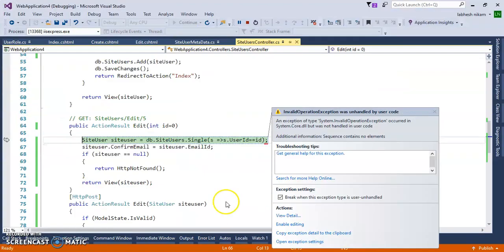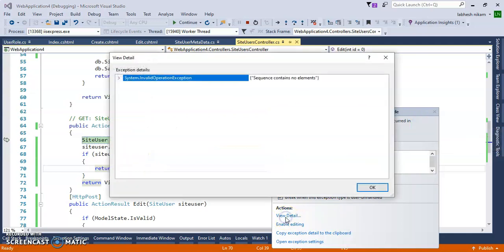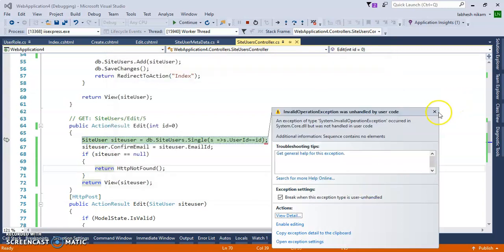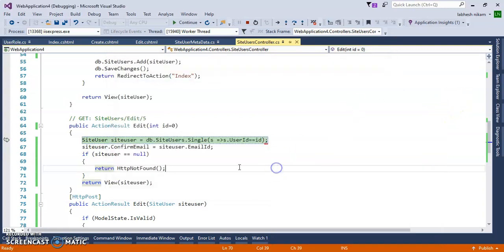This generates one error: sequence contains no elements. So what is the problem here? We will add this property here.